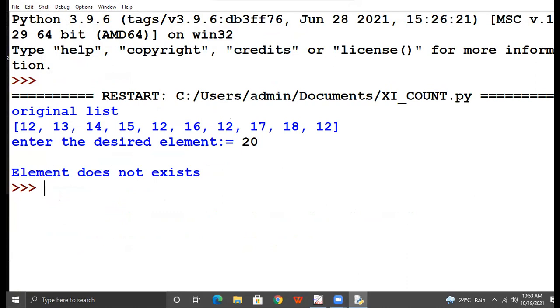So the program indicates the message, your desired element does not exist. This program is also known as linear search. Why linear? We are checking each and every element in the linear way, in the sequence, in proper order, to check whether our desired element exists or not.